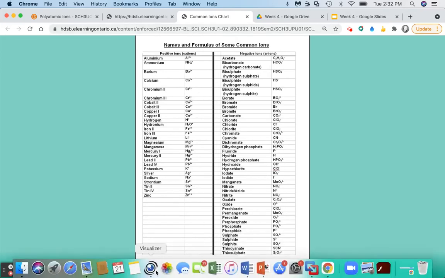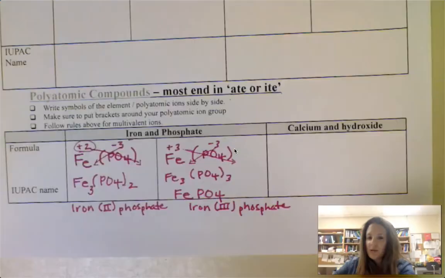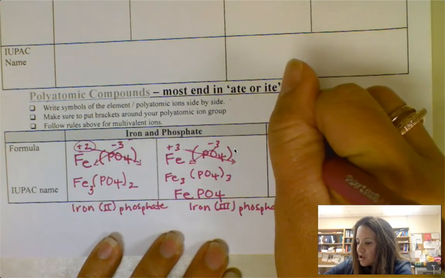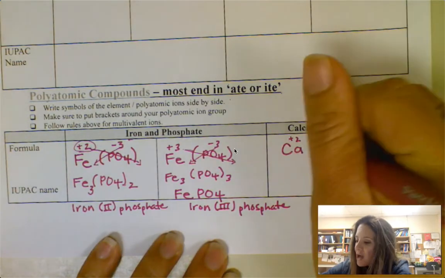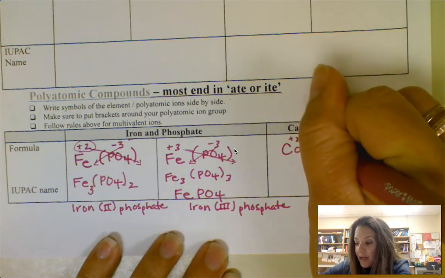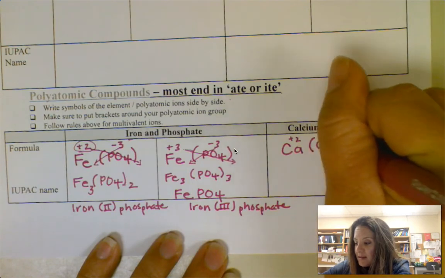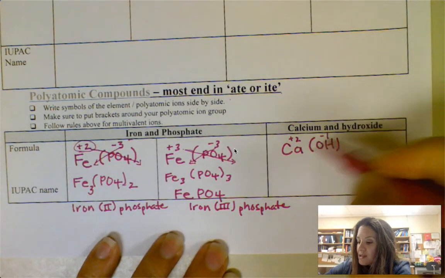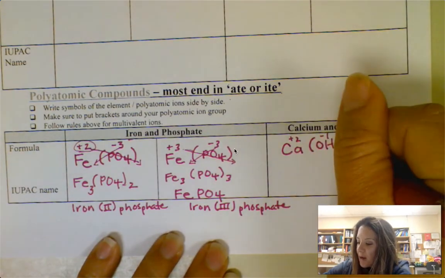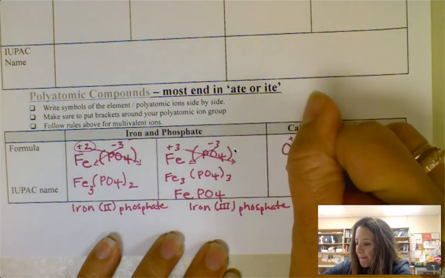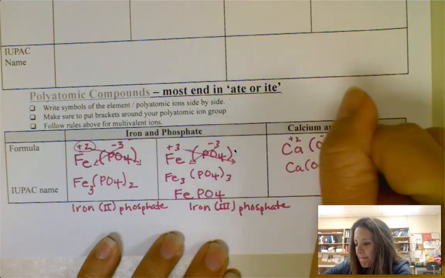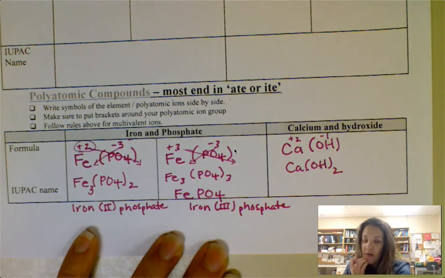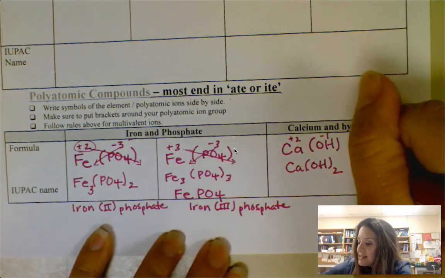Now we're going to do this example. Here's calcium. It has a charge of +2, and it's the positive ion. Hydroxide is one of my polyatomic ions, so I must put it in brackets. It's a -1. You do your crisscross. The 2 comes outside the bracket. The 1 you leave out because you assume that the 1 is there. If you did this,